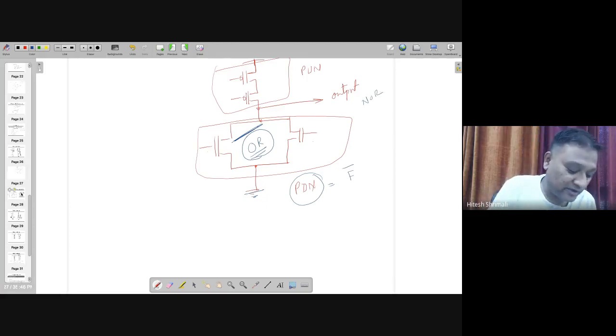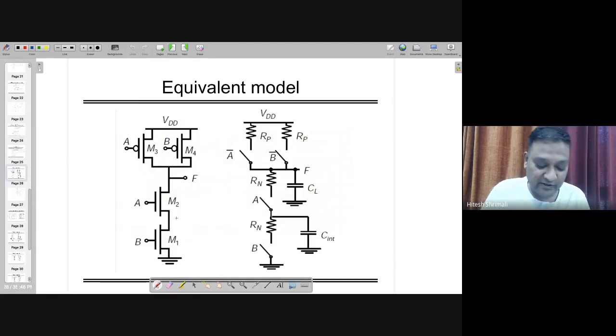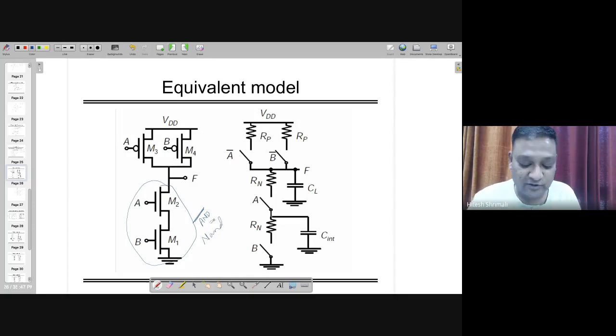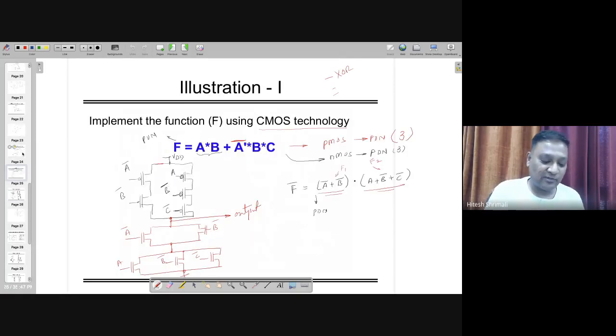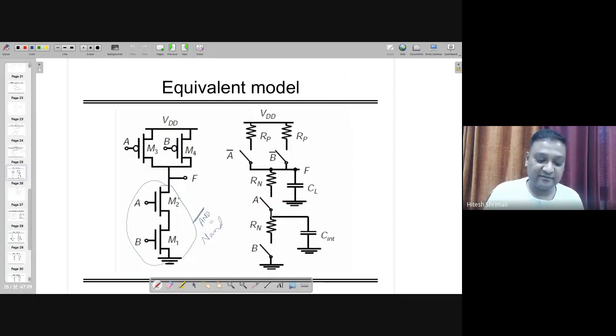Similar to that, if I am looking at this particular one, two transistors are in series, two inputs are there. If I'm looking here, power down is making AND, but because it's implementing bar of that, it's going to become NAND gate, right? Similar to that, you can find out others also, whichever you want, and you can write down any one of the functions rather than writing two functions, because both side functions will be similar only. Either you go power up or power down side, the answer will be same, right?